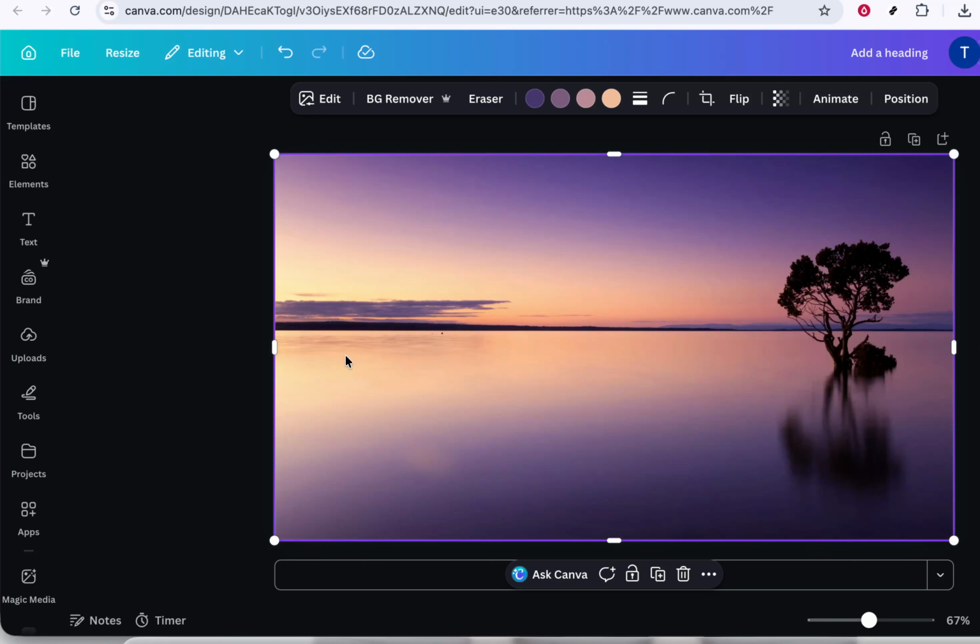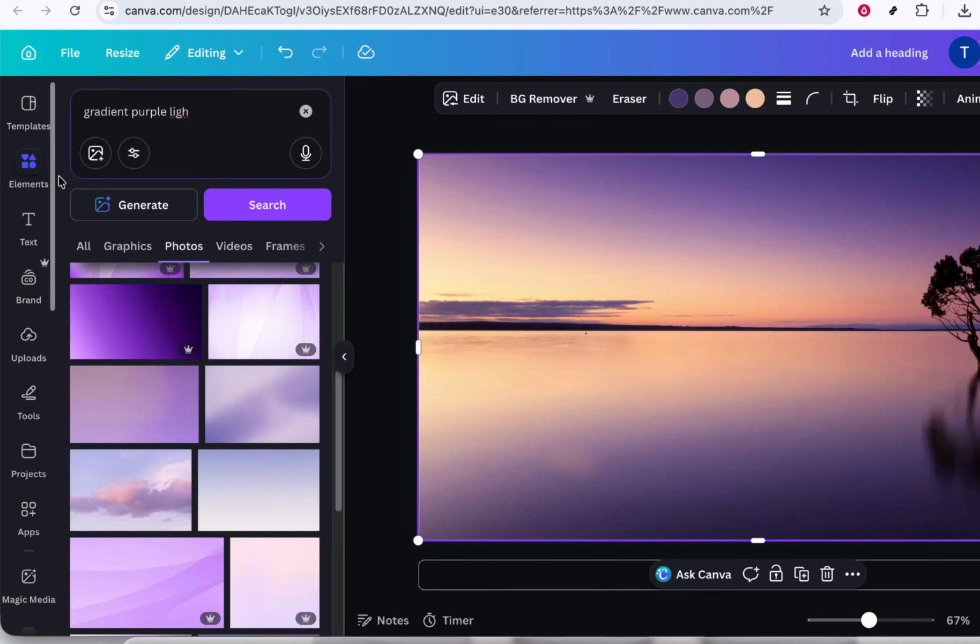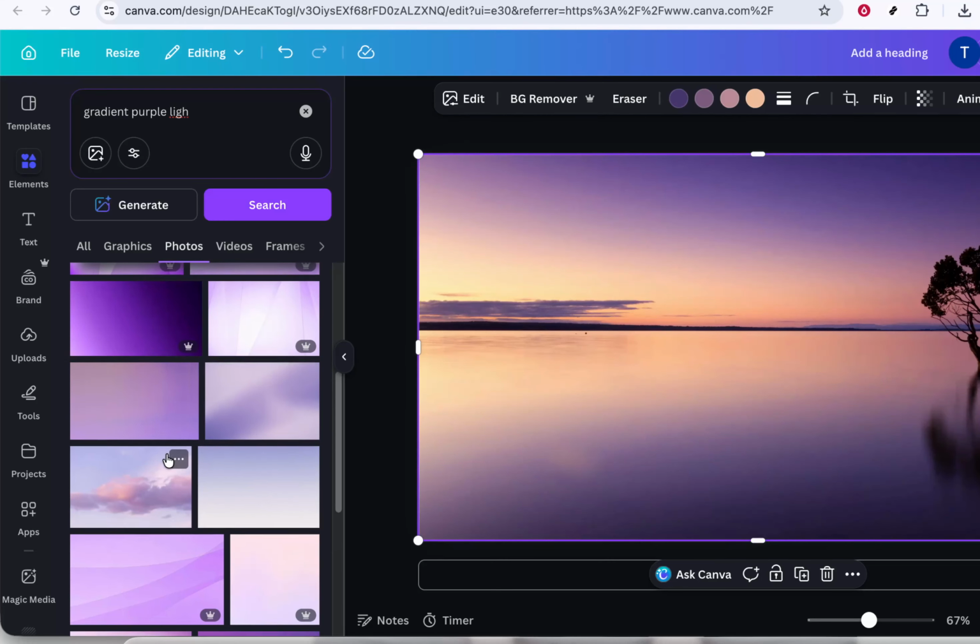We're going to use an element called a gradient to create that smooth fade from your image into a solid color. With the Elements tab open, go to the search bar at the top and type the word gradient. Make sure you spell it correctly so Canva can find the right graphics. After you hit enter, you'll see a variety of gradient options appear, usually in different colors and shapes like squares,